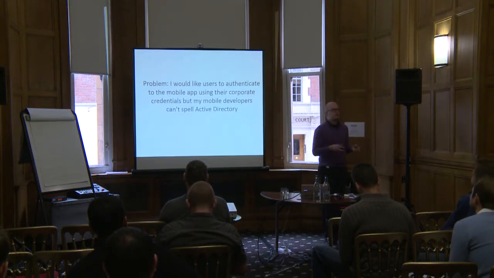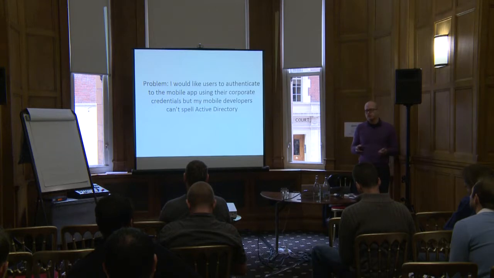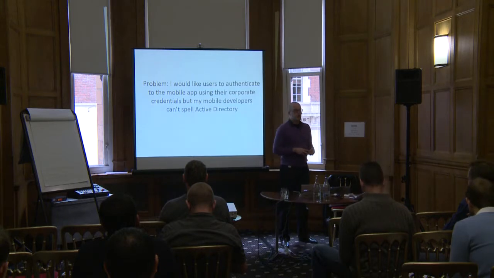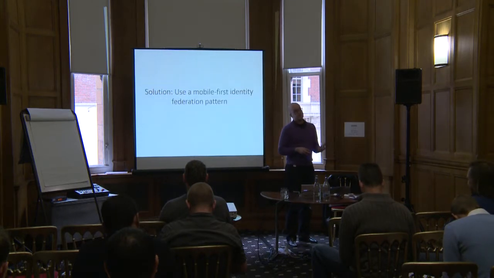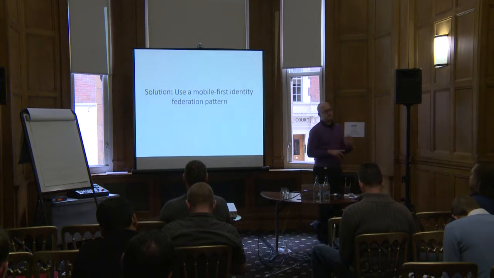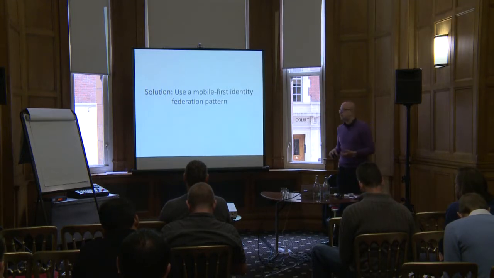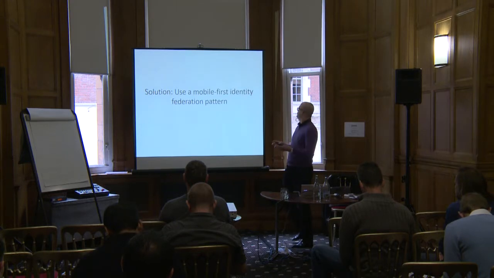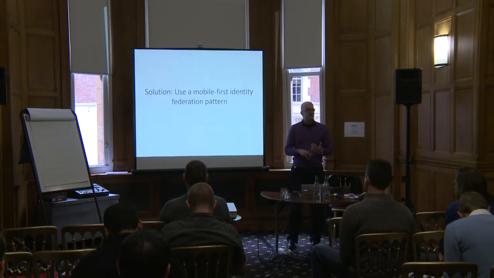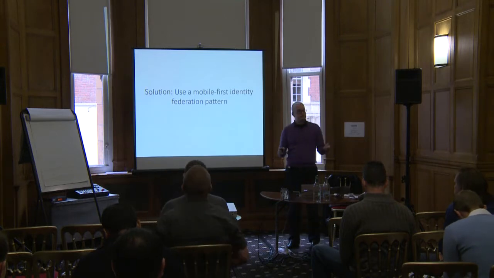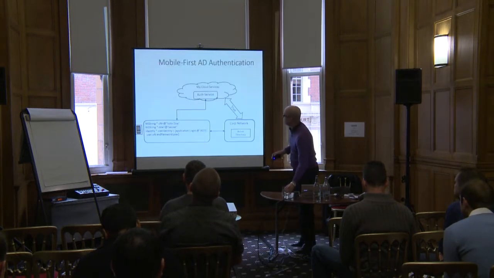So this is a very common one. My mobile app needs to authenticate to Active Directory, or to DataPower, or to something I use as my directory store on-premise. That's really, really hard to do. Think about it. All those technologies speak things like WS-Federation, WS-Trust, SAML, stuff like that that doesn't exist in Xcode or Android. As a mobile developer, how do I get that learning curve minimized so I can build a mobile app that authenticates to Active Directory without becoming a security expert? And the answer is,